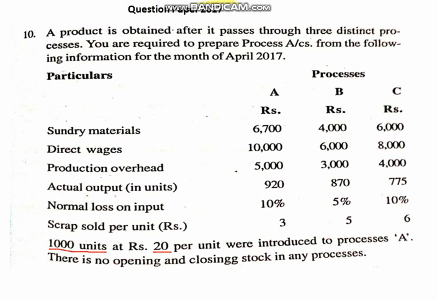Now write the debit side first: direct material, this one at 20 rupee rate. After that, sundry material, direct wages, and production overhead. These are the debit side, and the output is process transfer to B, this one, and 10% is normal loss, 3 rupees is the scrap per unit. We will go to the answer now.